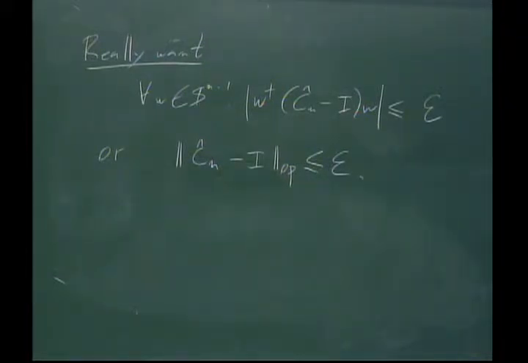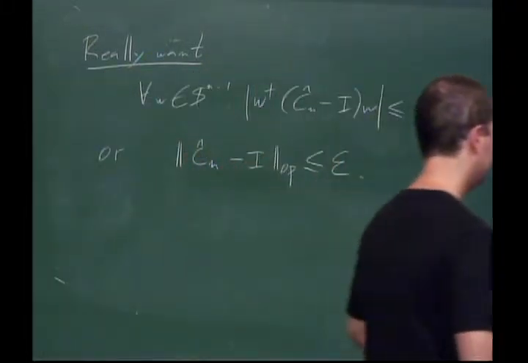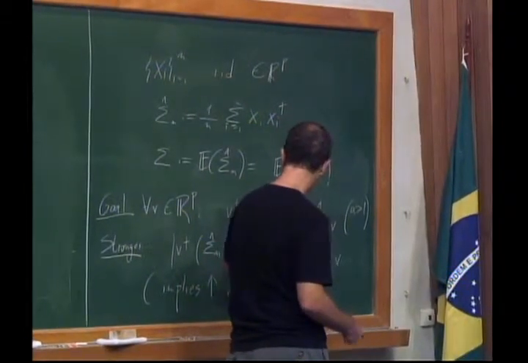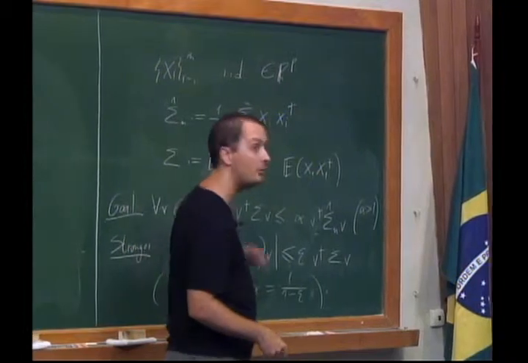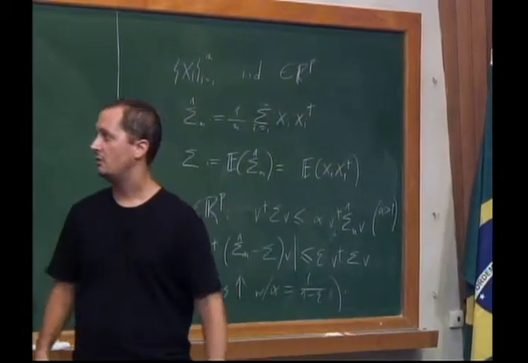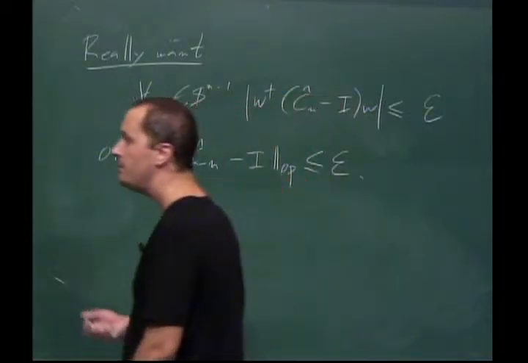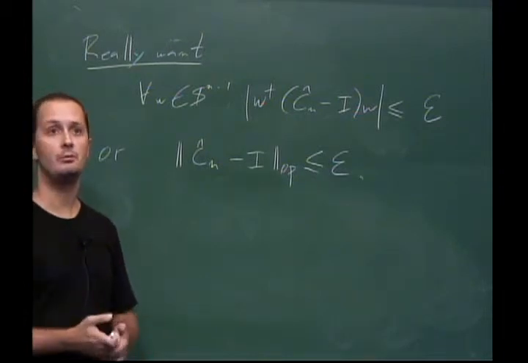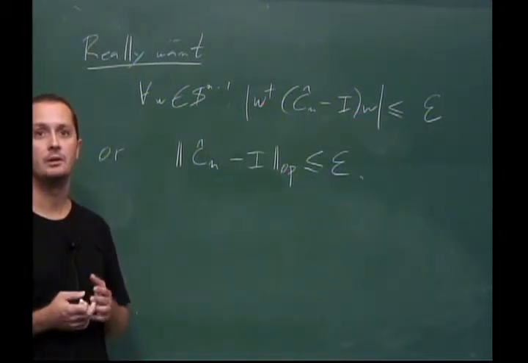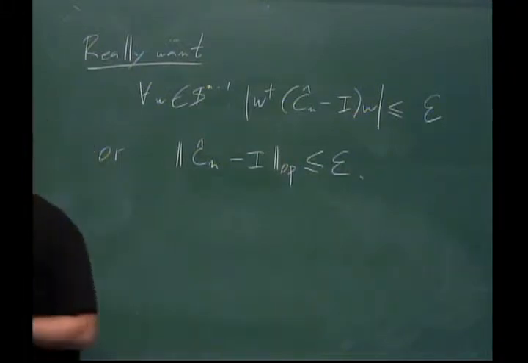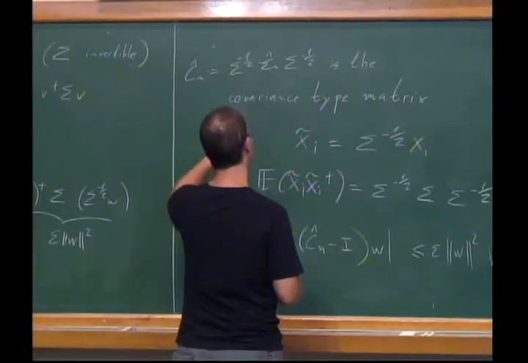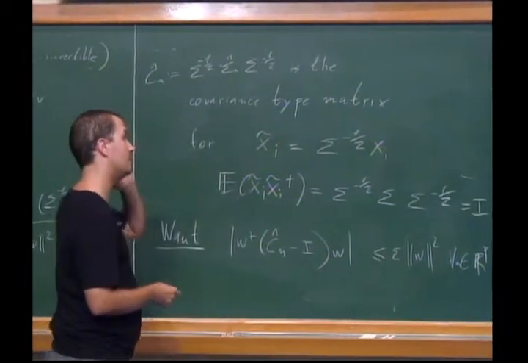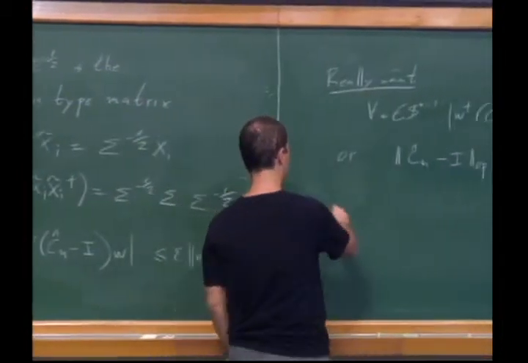So why am I doing all of this? I'm just saying, I had this sort of lower bound problem for sigma hat, and I'm doing a harder problem, which is a problem of getting both upper and lower bounds. And what I'm saying is that I can express this problem as the problem of proving that a certain random matrix has a small operator norm, which is the same kind of problem that we had before. What is this matrix Cn? Is it a covariance type matrix? Yes, you just change the vectors, right? So it's the same kind of problem, and so the problem I want to address now